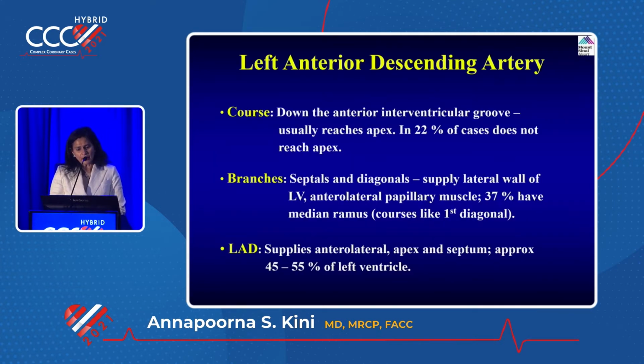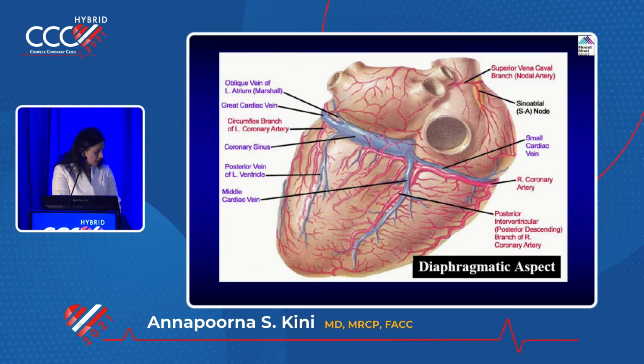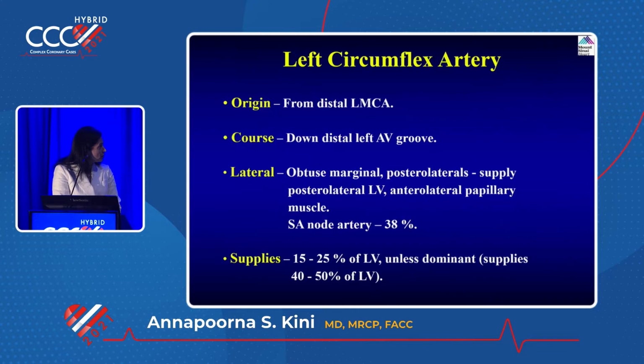Anterior descending, you see, going all the way down, and very important, it supplies a lot of the myocardium. That's why if you have proximal LAD occlusion, likely if you have not opened the vessel immediately, they go into cardiogenic shock. 40 to 45% of the left ventricle is supplied by the LAD. And going back to the picture of the LAD, let me see if I have it. Okay, here